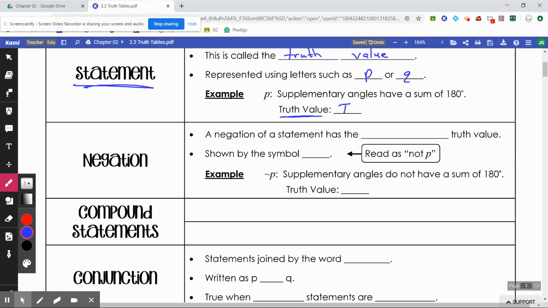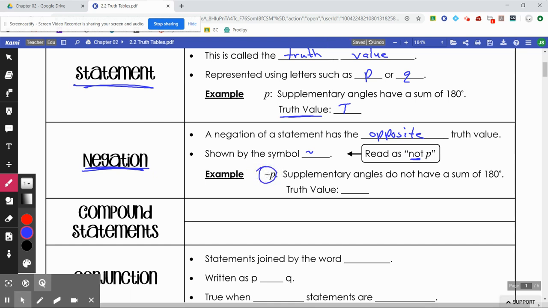Just like taking a true-false test, there is absolutely no difference. A negation. A negation of a statement has the opposite truth value. It is shown with the little squiggly symbol, and this is read as not. If you've got the not symbol in front of a P, as you do here, this is read as